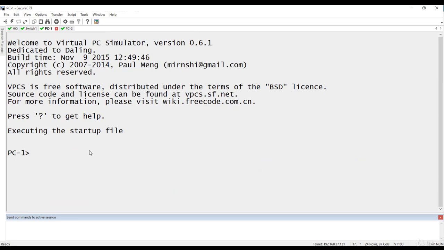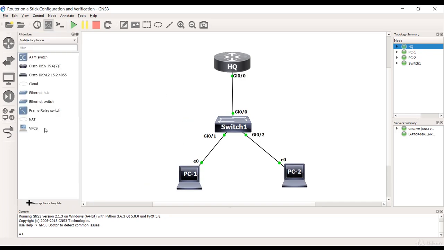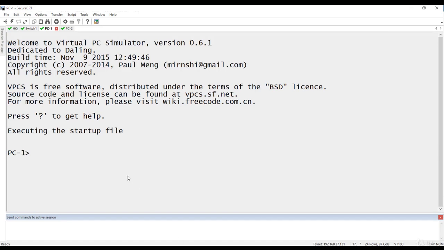and go to the PC, and these PCs I'm using are nothing special. They are the basic PCs which come with GNS3. All I need is the PC to have the capability to ping and take an IP address. So this does it. I will just write ip. This is how you give an IP address to these virtual PCs: ip, and you write down the full IP, obviously 172.17.10. and I will give a different number, and /24, you need to give /24, and the default gateway. The default gateway is VLAN 10,